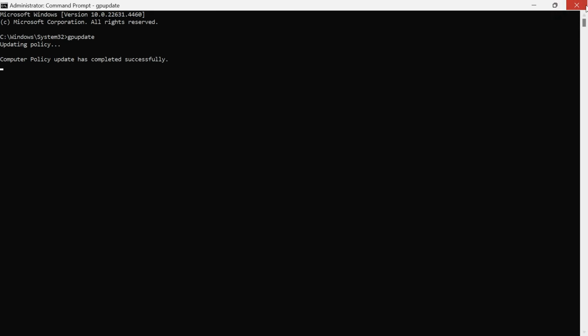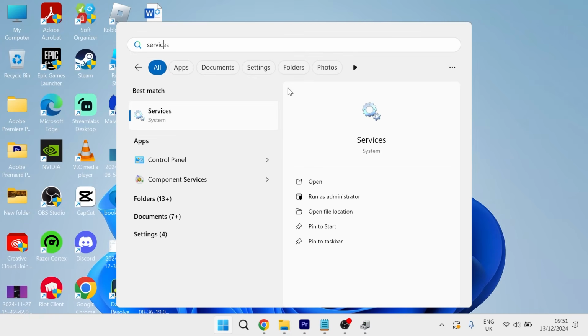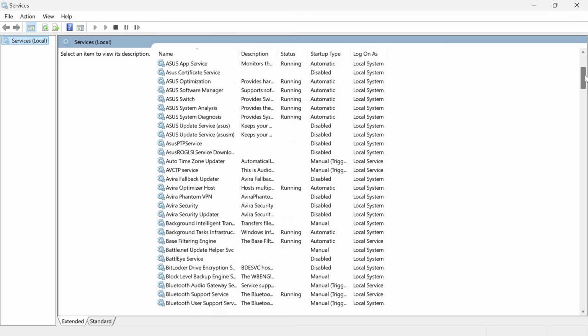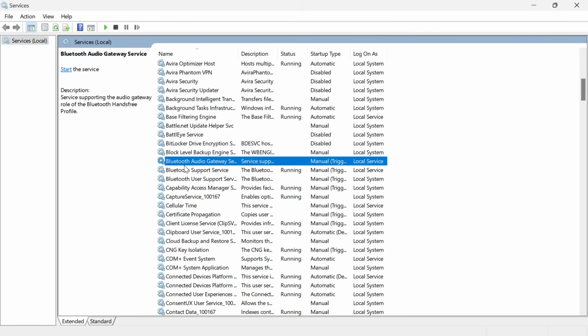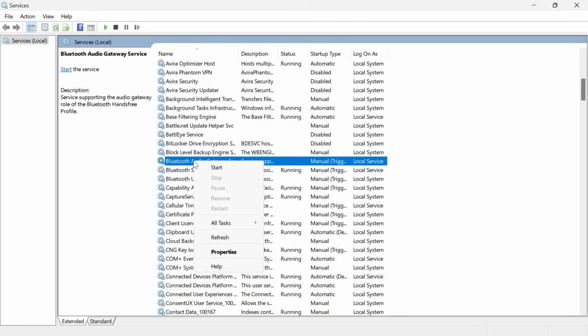So once you've done that, you can close out of this window, head over to your start menu and search for services and then click on the services window. Then from here, we're just going to scroll down until you see all of your Bluetooth services. So for my computer, I have 3 different ones here. And what you need to do is just right click on each of the Bluetooth ones, click on properties, and